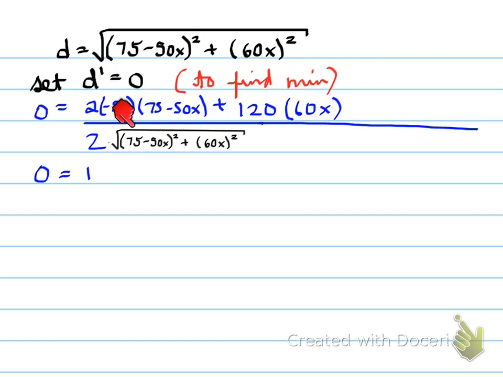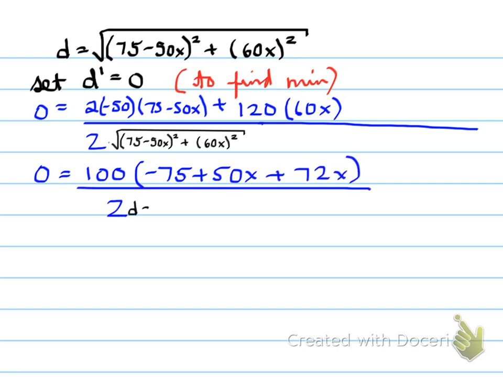Take the derivative of the first one, which is 2, times the derivative of the inside, times the outside to the power of 1, plus the derivative of the inside with 2 times 60, which is 120, and then you're left with 60x to the power of 1. You expand it, collect like terms. In fact, what happened here is I took out a common factor of 100, and I'm left with these values on the inside. And when we do this,